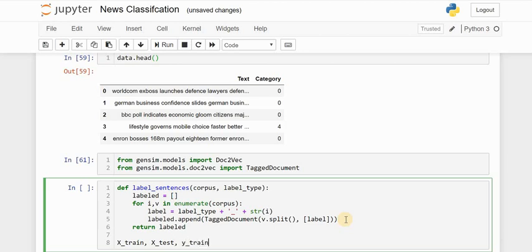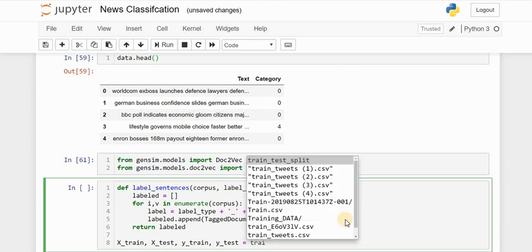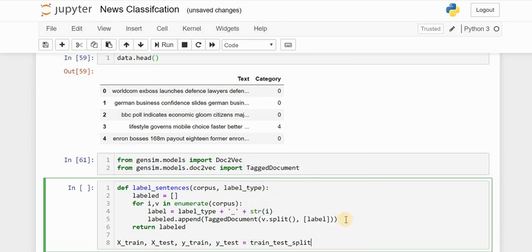Suppose the training article is high, then Train_1 will be my label. The overview of label_sentences is that it converts the data into the format which Gensim expects.